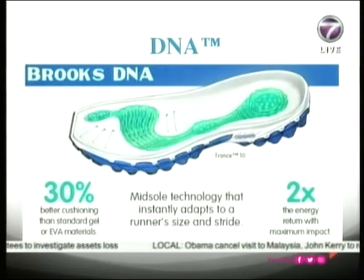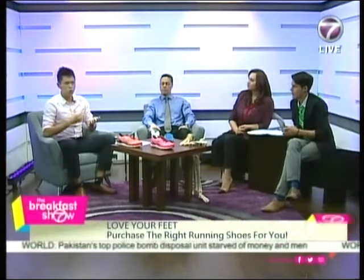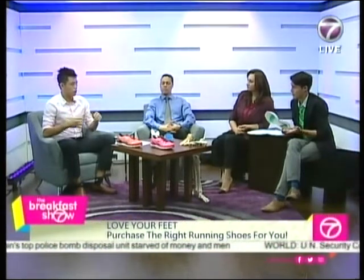From the modern running shoes we found in the market, they're actually designed for the medium or average runner's height and weight. So when a faster runner or bigger runner uses them, they will find the supporting cushioning system is too soft for them. But when smaller or slower runners use them, you will find vice versa, it will be too hard for them. So what this thing does magically is it actually creates